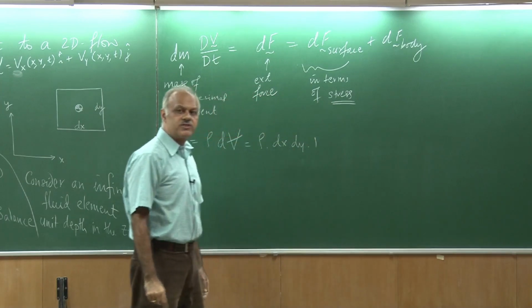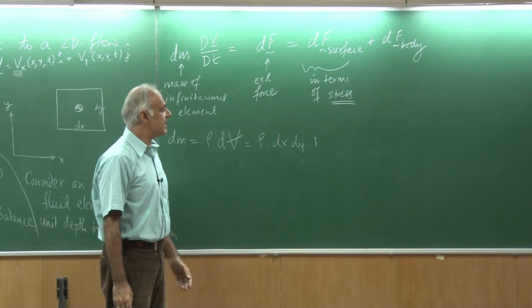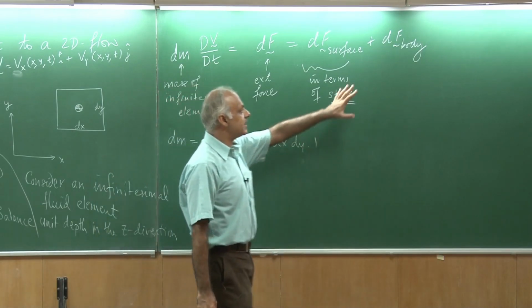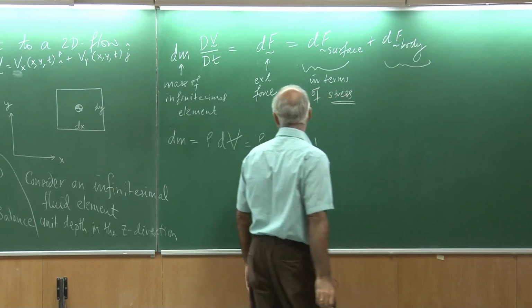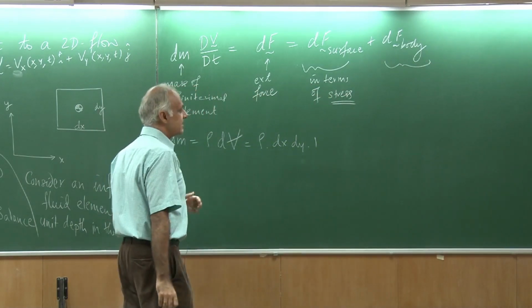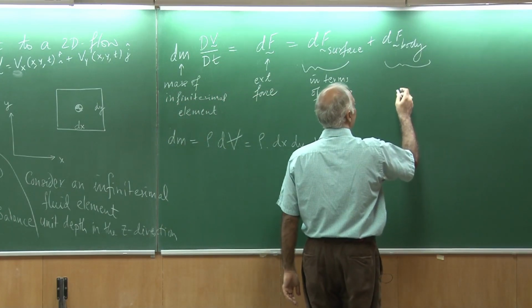We had talked about stress in one of the earlier lectures. I am going to review that for you very briefly, and then we will work it out. But the easier part is the body force. So, the body force on this infinitesimal element is essentially the force that I would get per unit volume.